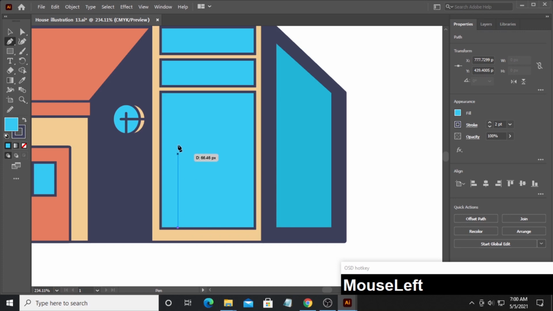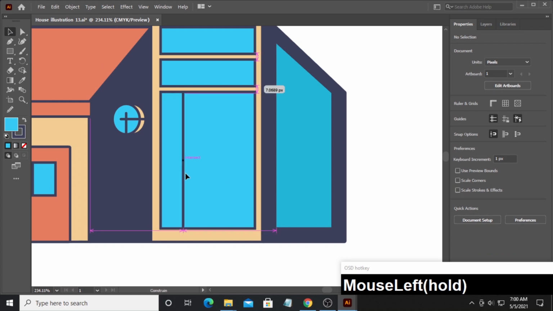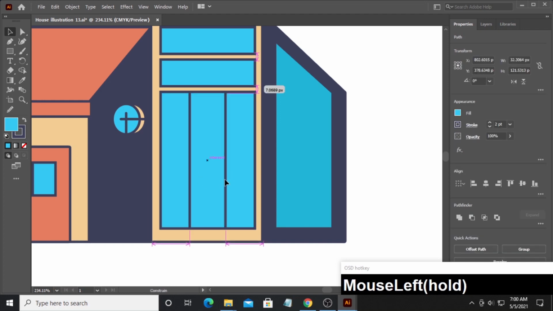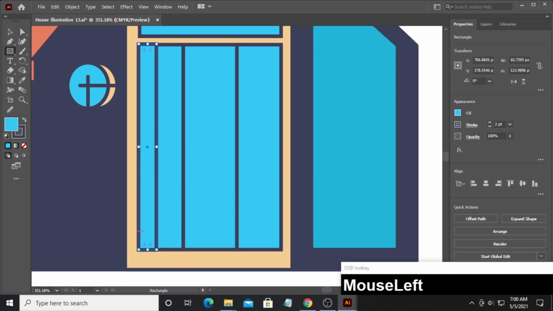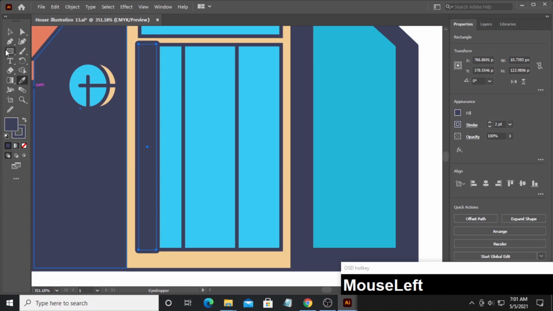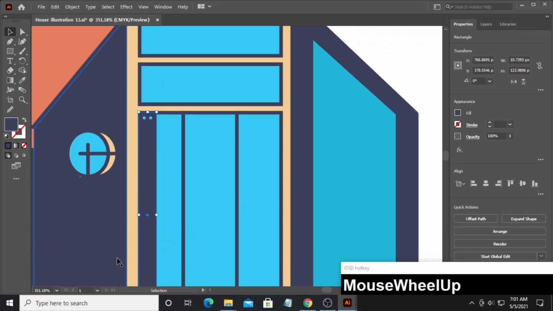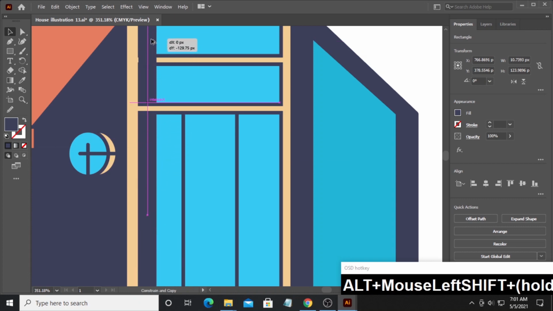Okay, now we are going to use 2 of these lines to define this big window. So it's not just one big glass, it's 2 windows. Now we're going to align it to the center of it. And now let's make a shape over here to give depth to this window also. We're going to turn off its stroke and hold the Alt key and duplicate the shape and bring it upwards, because we're going to use it in the other two